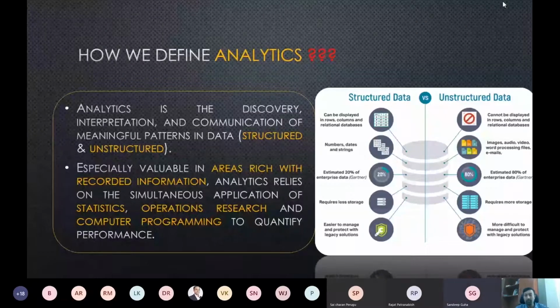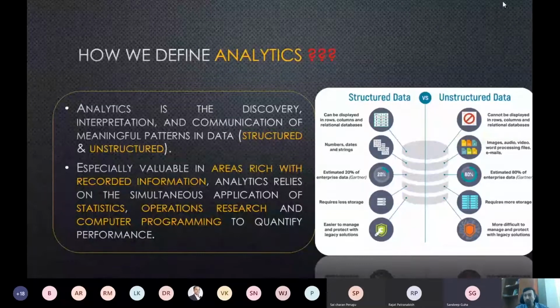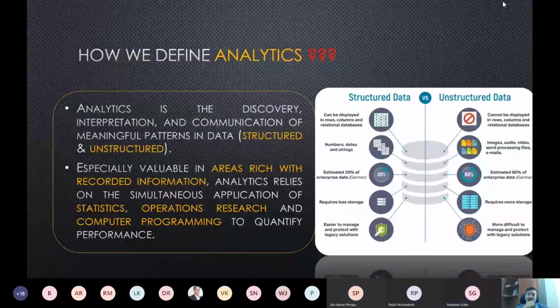And if you see here, structured data is only a 20% share, while unstructured is 80%. So it's very important to understand the nature of data and how we can derive insights out of that. Definitely we have more unstructured data at our disposal to deal with. So that's the complex part of analytics, right? We have to deal with audio, video, written messages, feedback, emails. Maybe going through complaints which you have received over the years, all those things.